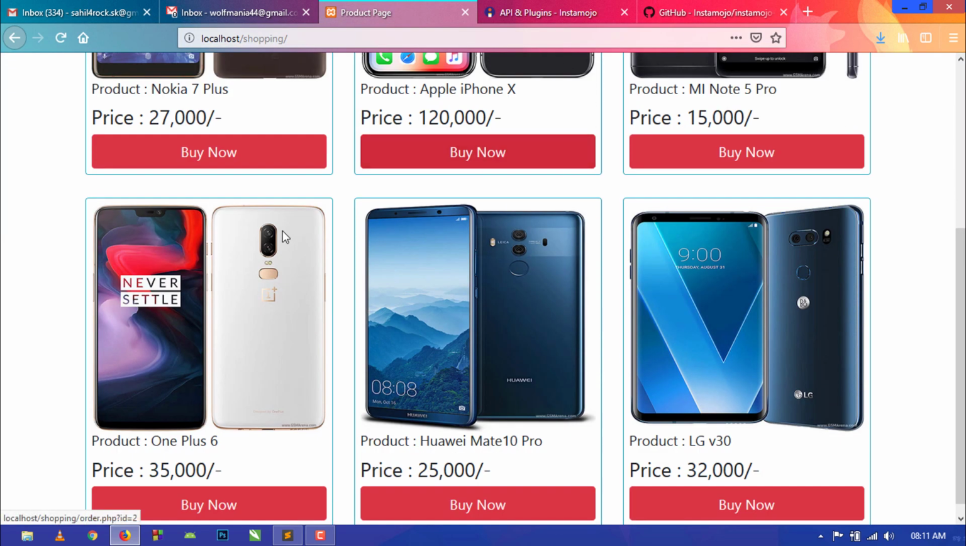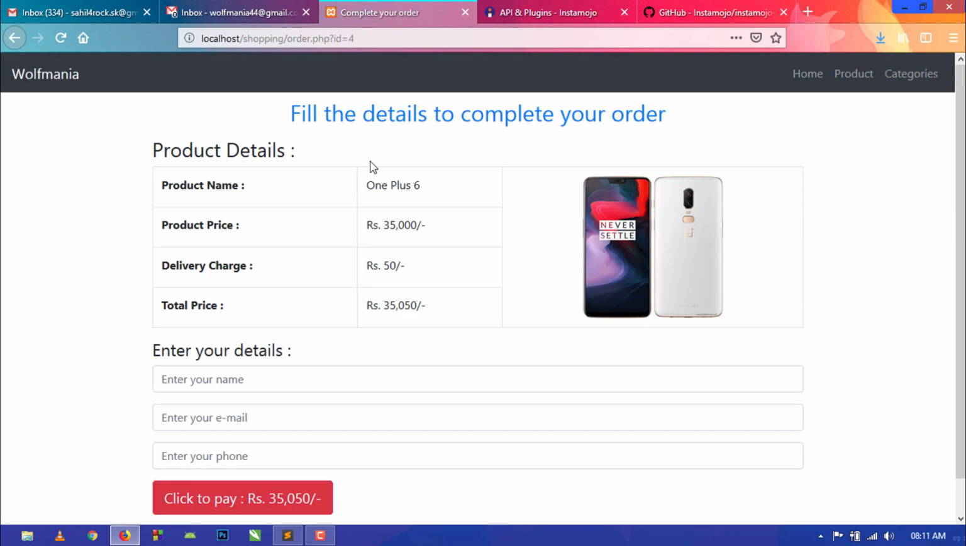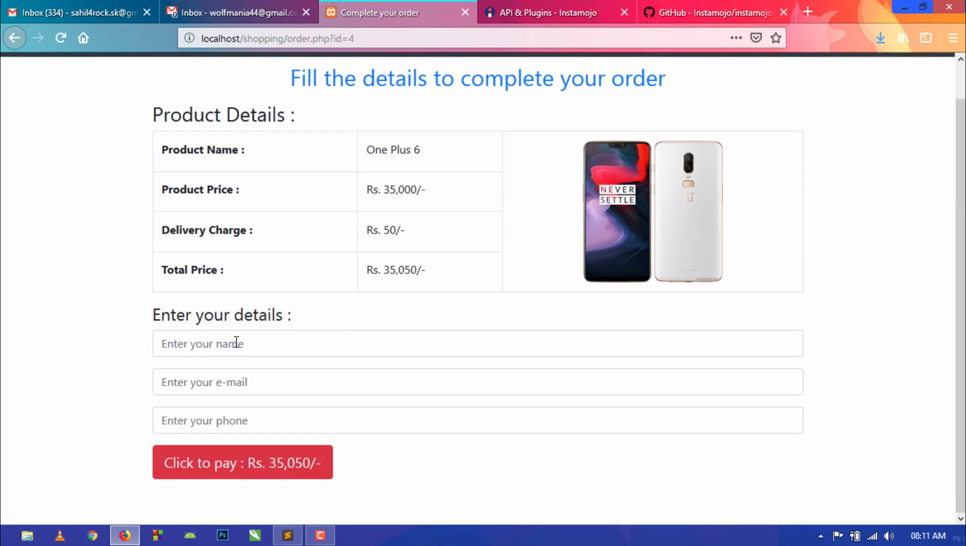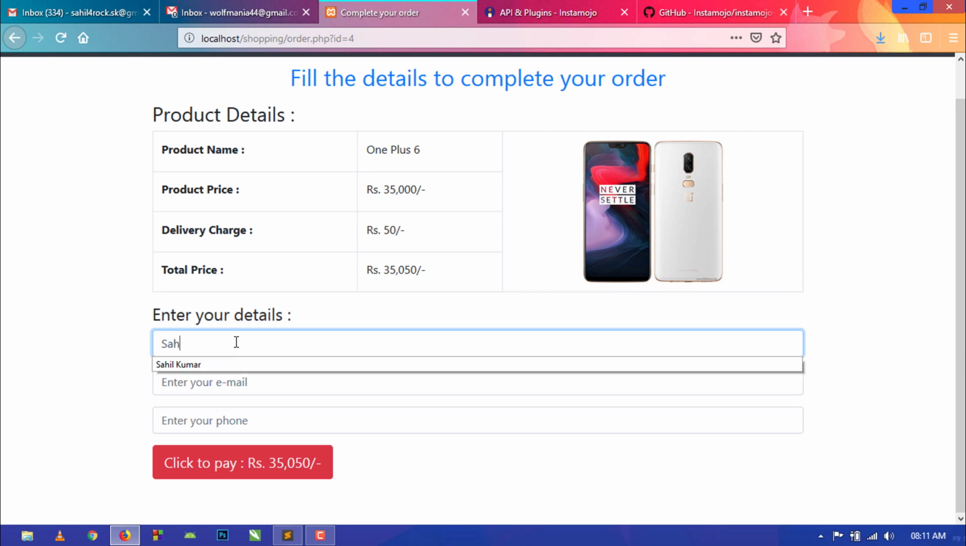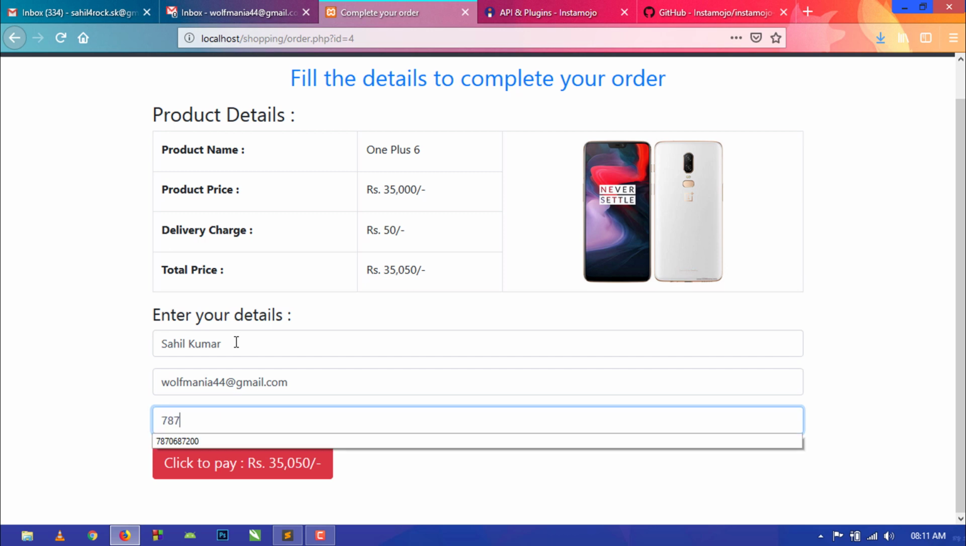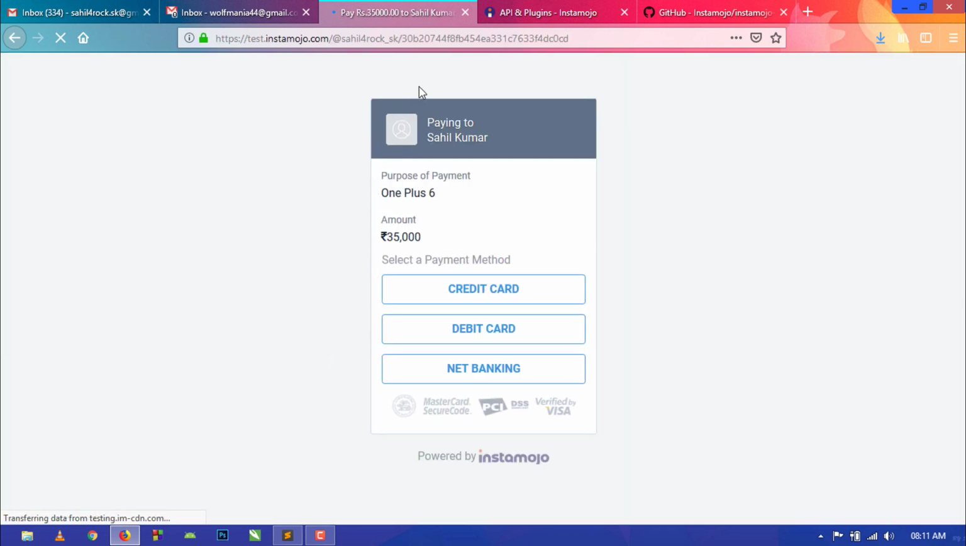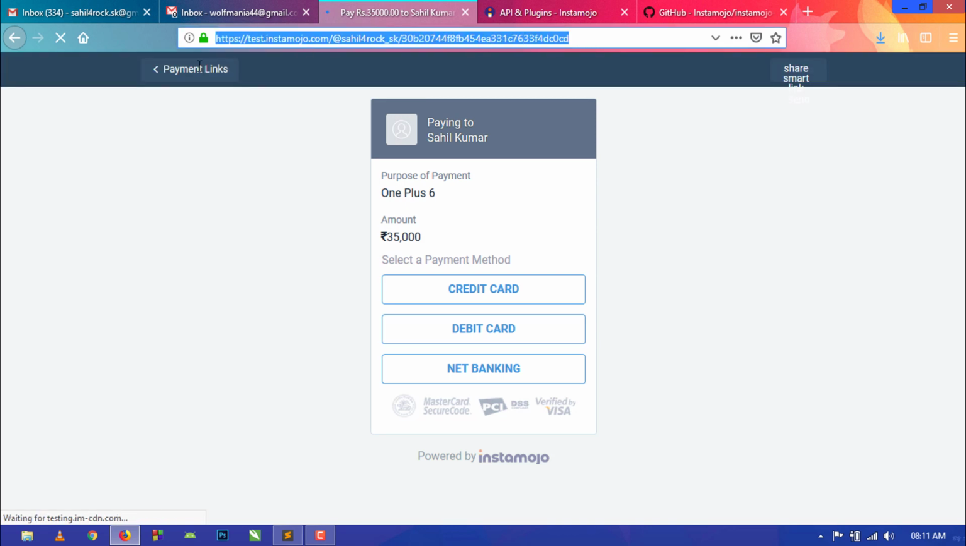Now I'm going to test. I'm just going to click the Buy Now button for this, and if we enter name, email and phone and click on the pay button, then you can see it is processing. And now this is the long URL. Okay, what we are talking about, this is the long URL. Now here you can see the payment